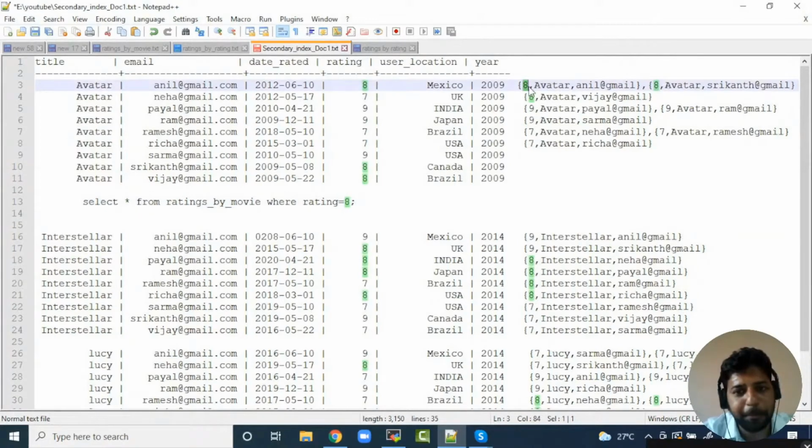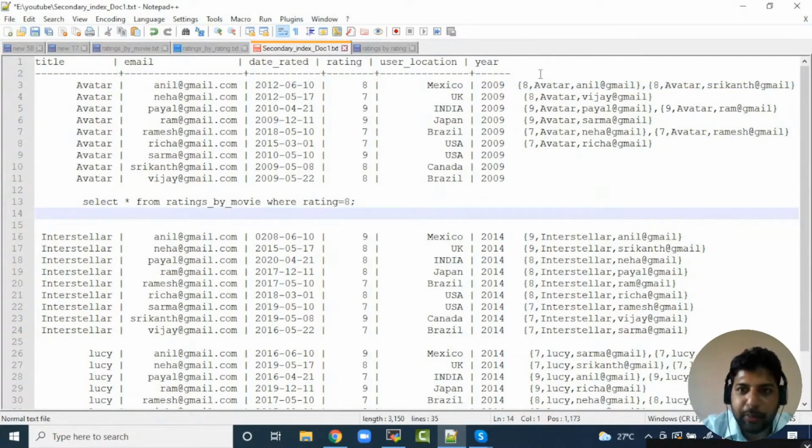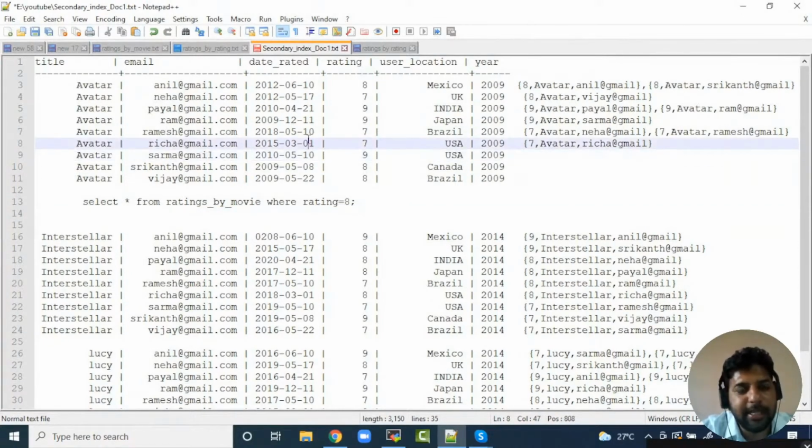Everywhere people gave rating 8 for every movie, and it has to go and scan every single index data, and from there it has to grab the primary key of base data, and it has to go there and get the output for you. So every time you read, it has to look up your index data, it has to look up your base data, and it will happen in every single node. Let's say you have 100 nodes, all 100 nodes will get involved when you look up by secondary index. Okay, let's say you have a replication factor, let's say 3, and you have 100 nodes.